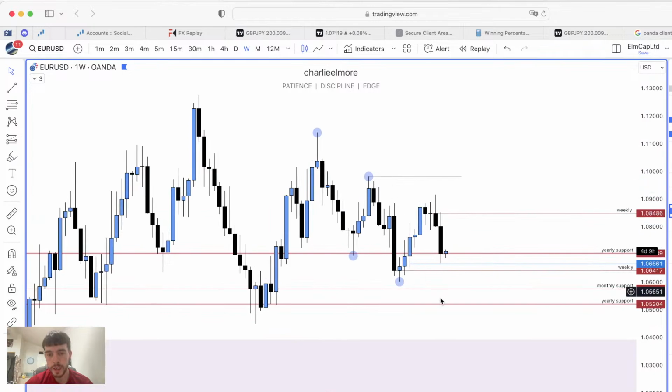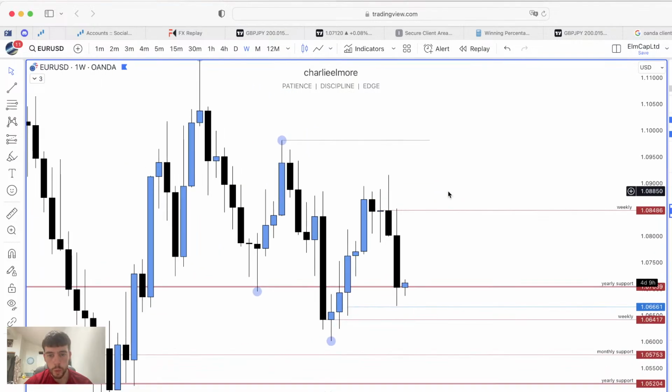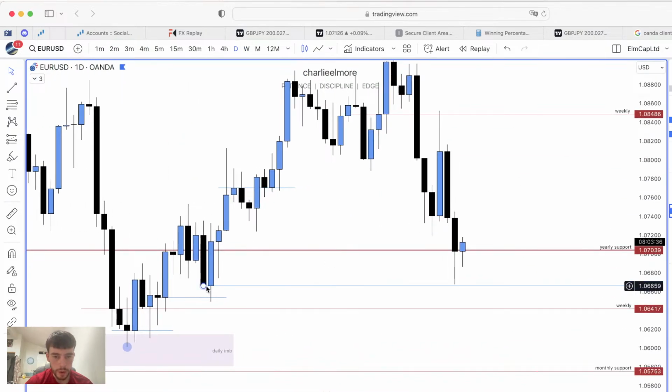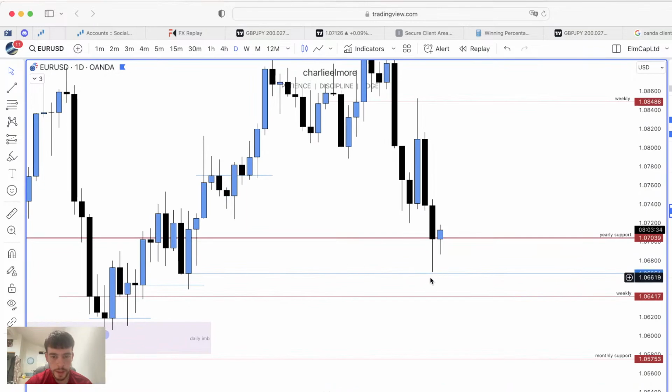So that's one scenario. The second scenario could be that that low could be vulnerable as well, just following that bearish structure: lower high, lower low, lower high potentially, and then a lower low could be on the cards. What we did as well last week was wick into this weekly resistance that was created, so the close and the open of these candles. You can see that wicked into it perfectly and then moved away. On the daily, this was an area which I was expecting price to reach into. It's just missed it, but it's just them daily bodies right there.